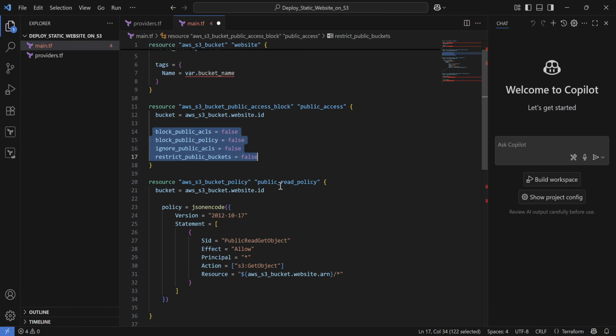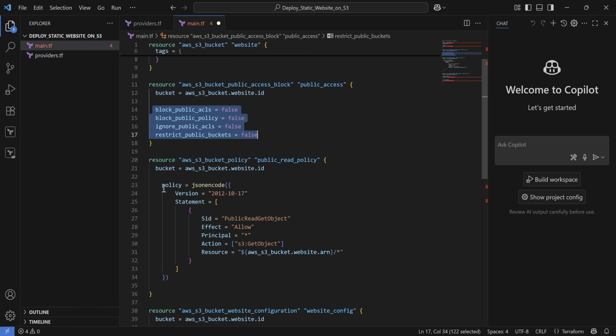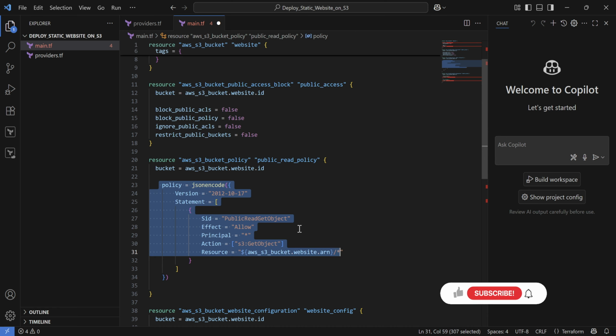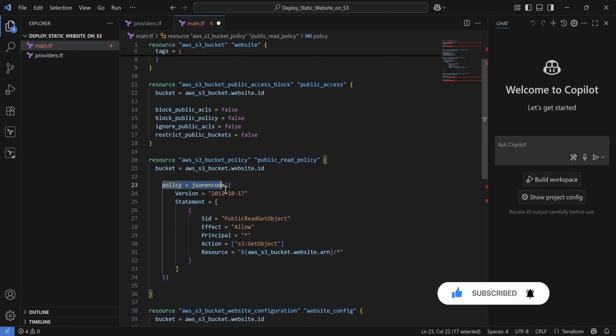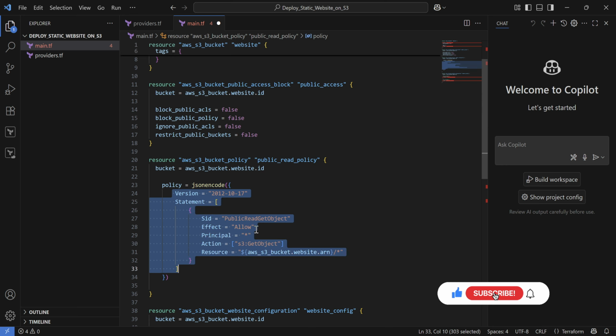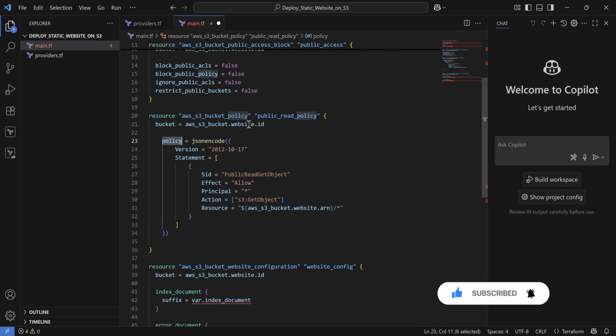And then we have to set a read policy to our newly created bucket. Setting a read policy is more like giving a permission that we are getting objects from this S3 bucket. So this is the way we are setting policy in S3 bucket. You can see here we have a bucket name, and this is the JSON code. You have to copy exactly the same JSON code in order to add the policies, and this will help us to set the read-only policies.